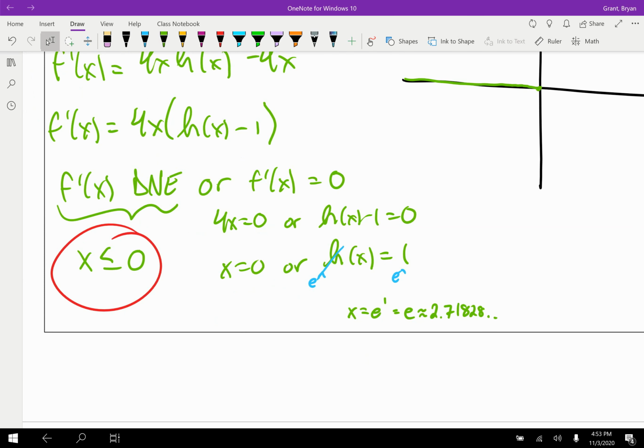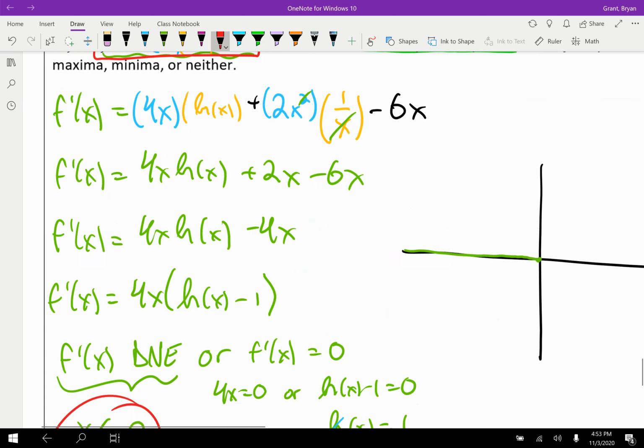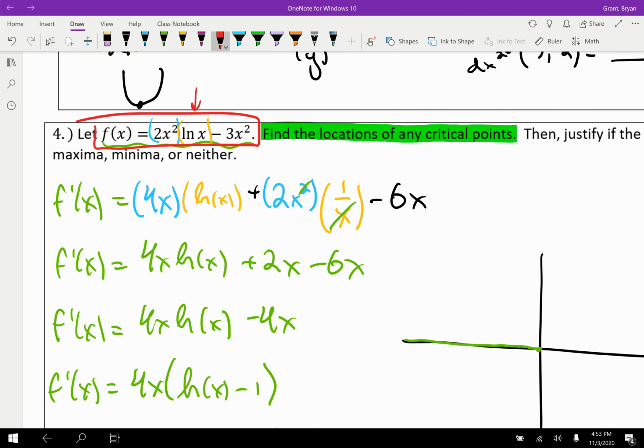However, you could argue that there's really only one critical point because x equals 0, we aren't even allowed to evaluate in this equation. It won't make the equation equal 0. As soon as you substitute 0 into this part, there's going to be nothing there at all. So since there's no point, and since the interval we're going to be looking at is just from 0 to infinity, not including 0 because x can't be 0, you could make the argument that x equals 0 is probably not a critical point because it's not on the graph, right? X equals 0 isn't here, and it's just the beginning endpoint,